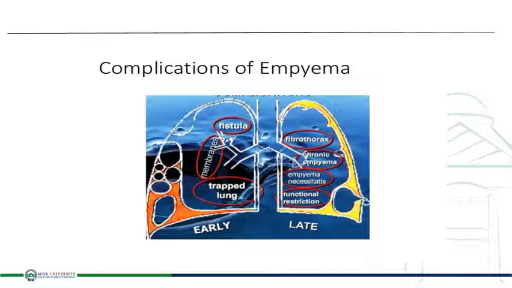Moreover, empyema can erode into nearby structures, such as the diaphragm, causing a subphrenic collection, or into the mediastinum, causing a mediastinal collection. However, erosion into nearby structures commonly accompanies a chronic condition lasting for more than 6 weeks, which will lead to the late complications. Late complications include, number 1, fibrothorax, functional restriction of the lung movements, and what is known as